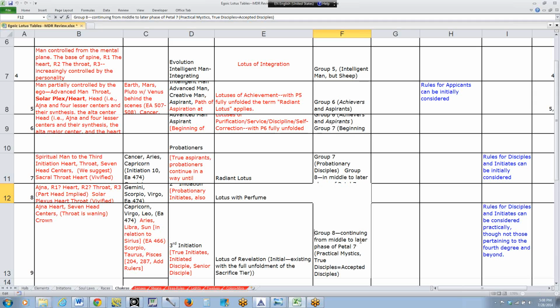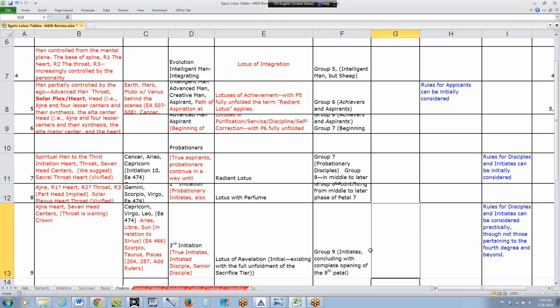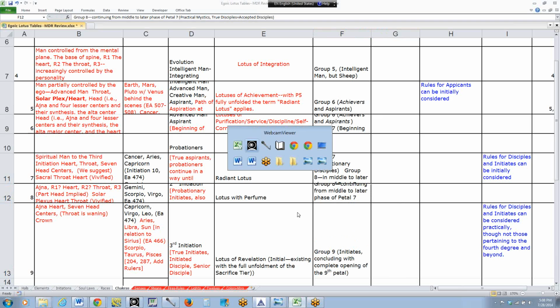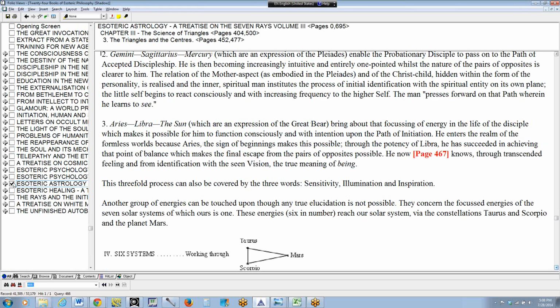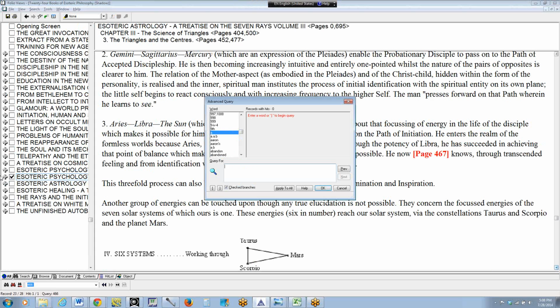Continue from the middle to later phase of petal 8: practical mystics, true disciples, accepted disciples. I think we have to have group 8 also. Let's check that out. We look at all of these, and we have Esoteric Psychology, and we'll turn to page